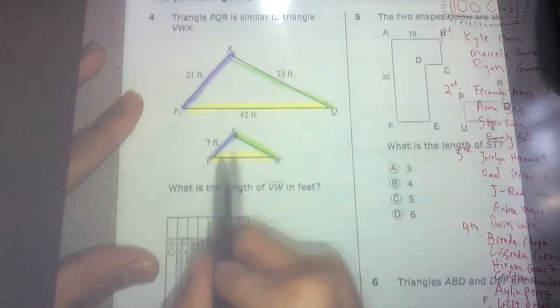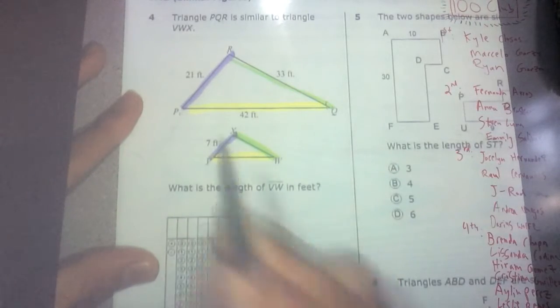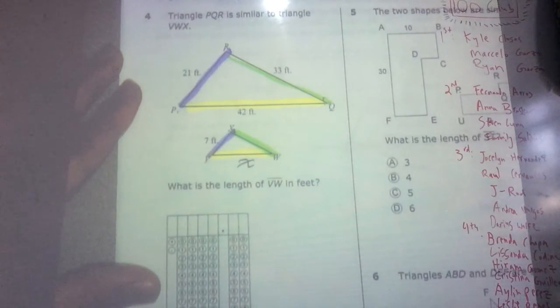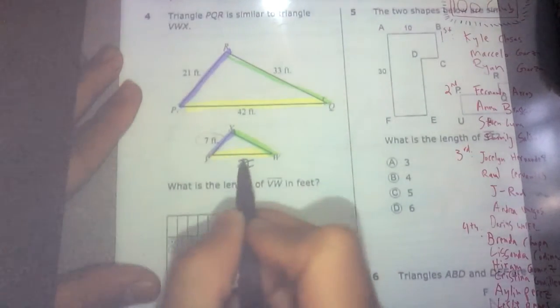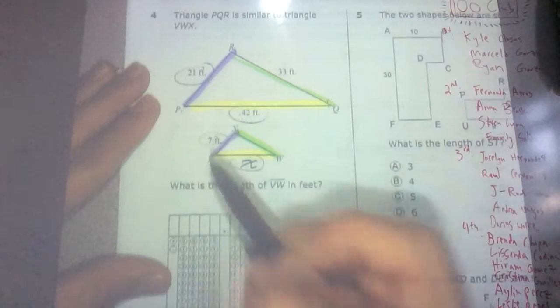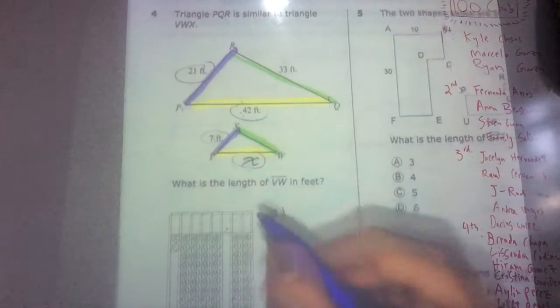So triangle PQR is similar to triangle VWX. What is the length of VW? So we're trying to solve for the yellow one. So what we can use is we're given this and we have this. So we can use this comparison here, the 21 and 42, to help us with this. So 21 over 42, this comparison here,